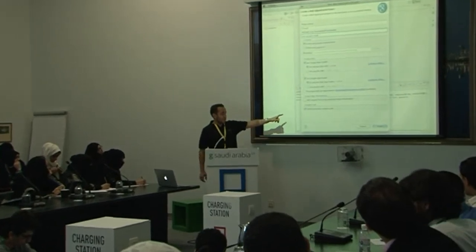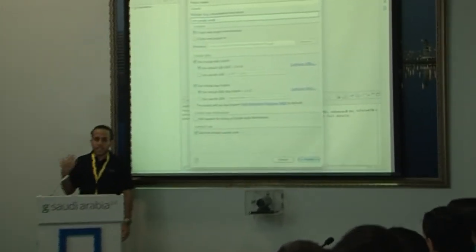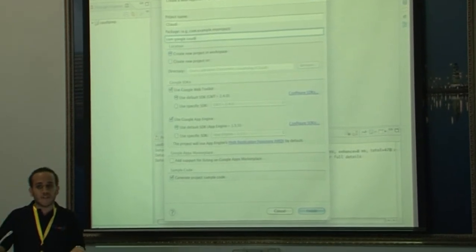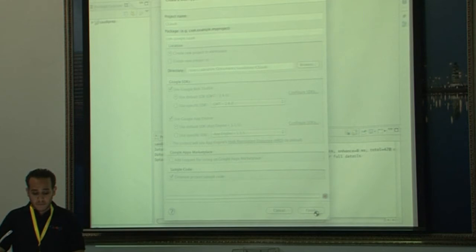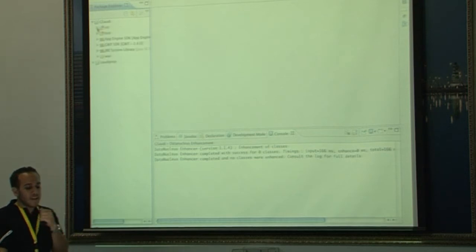And the last thing I want to point out is this generate sample code. As you guys are getting started with this, it's a good idea. It gives you the basic framework for the application, like the client side and the server side. So I'll just leave that checked. Okay, so now